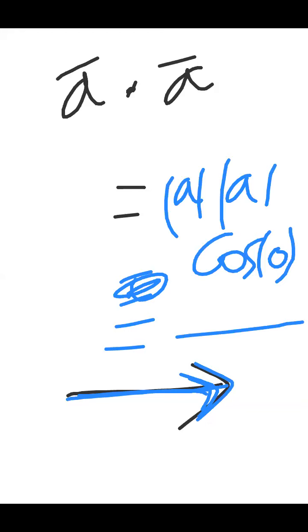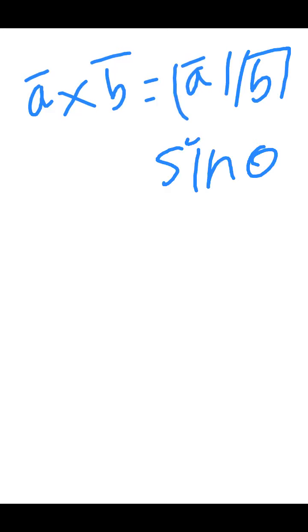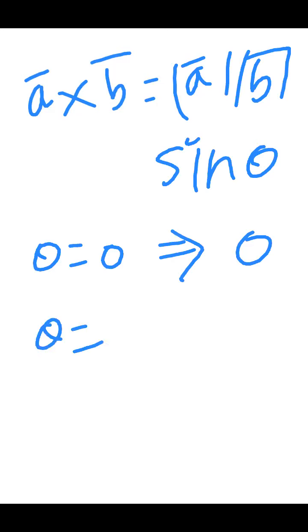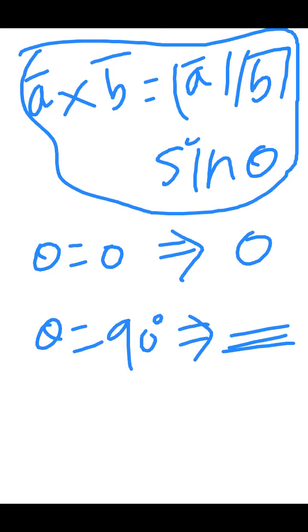Then please somebody tell me what is the idea of the cross product. See, I am having A cap and B cap. It's giving you some magnitude, AB sine theta. What happens here? If theta is 0, your answer is 0. If theta is 90 degrees, you are getting some magnitude, very high magnitude. If your theta is in between, you will get a magnitude in between 0 and the maximum value. So what is the reality? Can anybody tell what is the application of this one? Very simple application of the cross product.